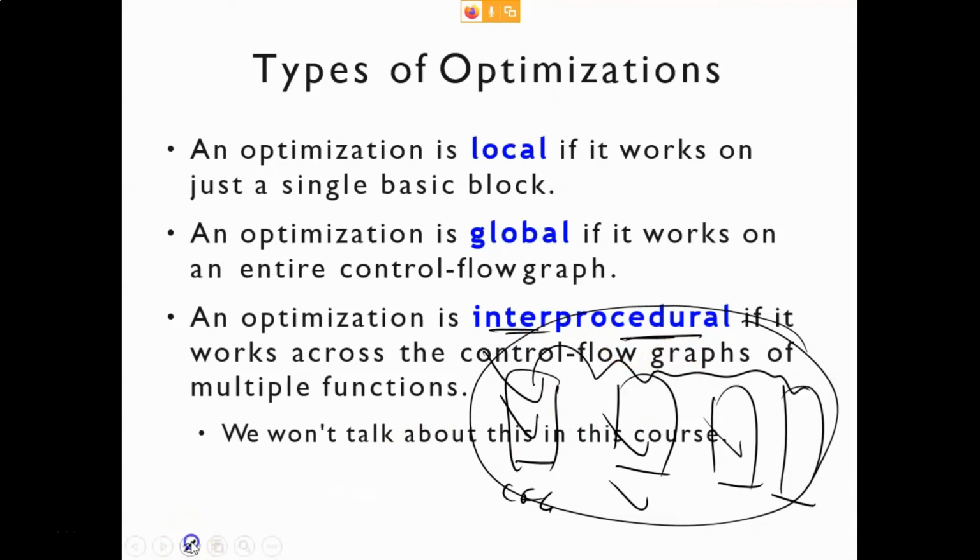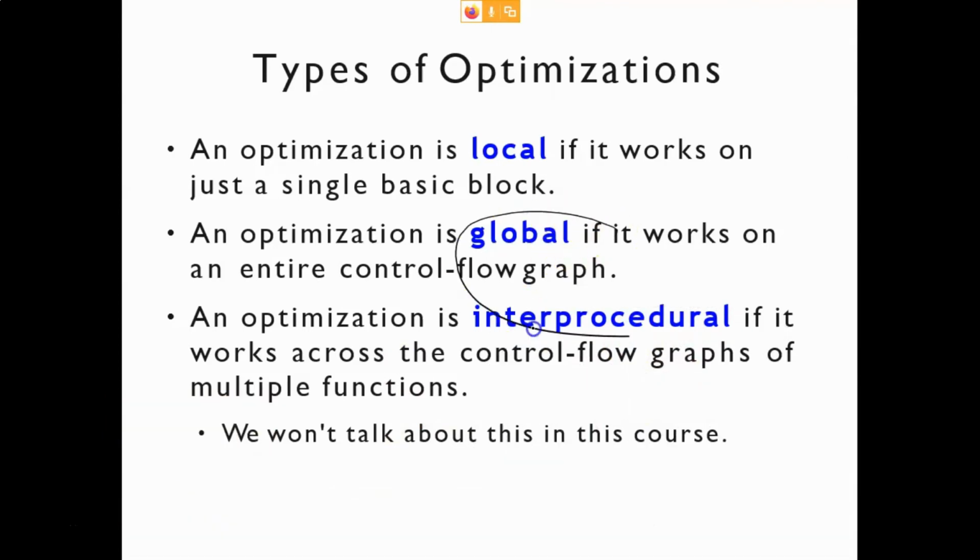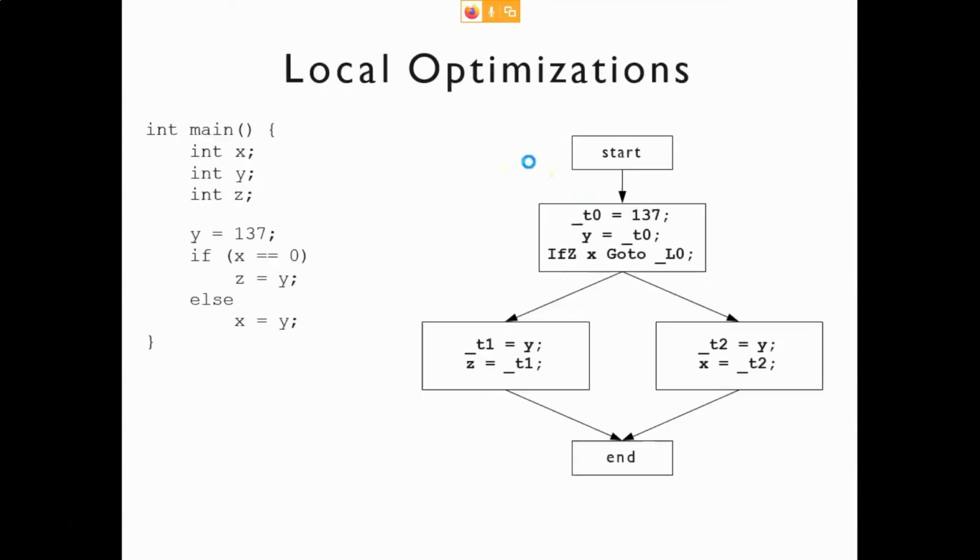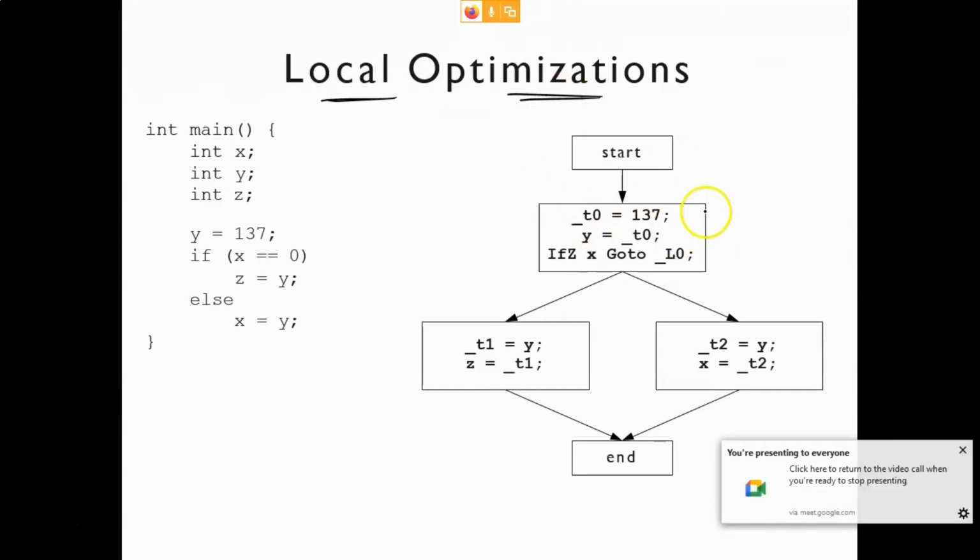So these things are not in the syllabus. Only local optimization is in the syllabus. Local optimization means inside a basic block we are doing the optimization. Let's see here what is local optimization. Remember, this is your basic. From this program you can very easily make this basic block, and this CFG.